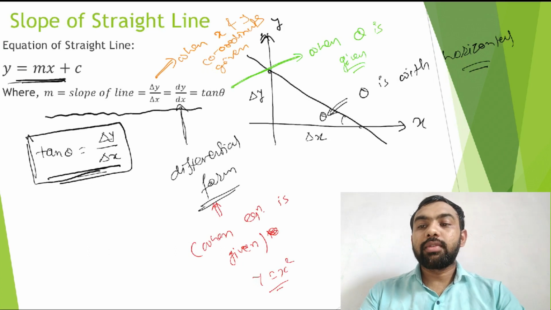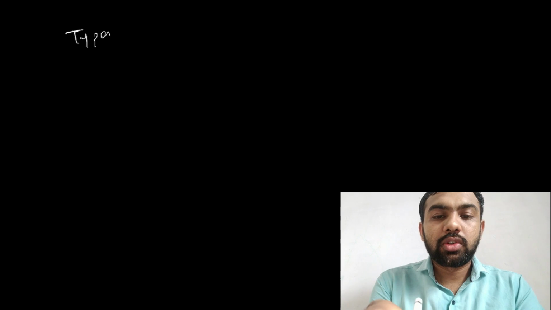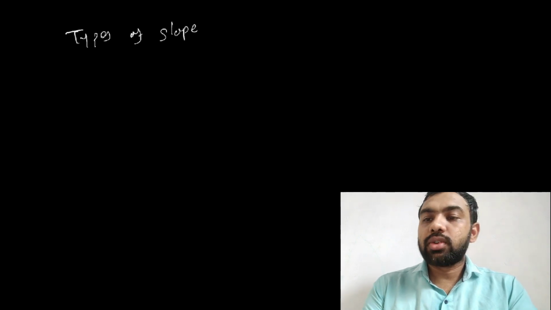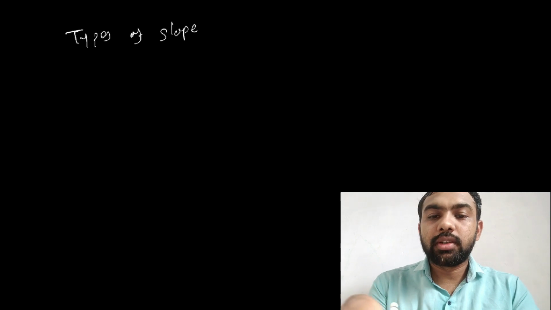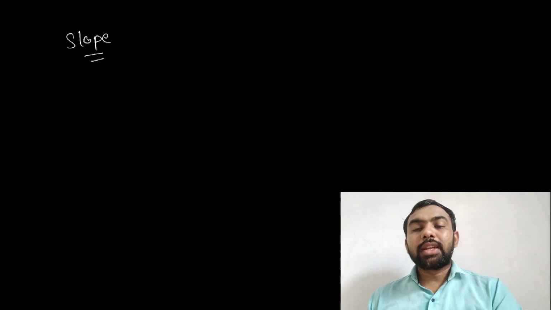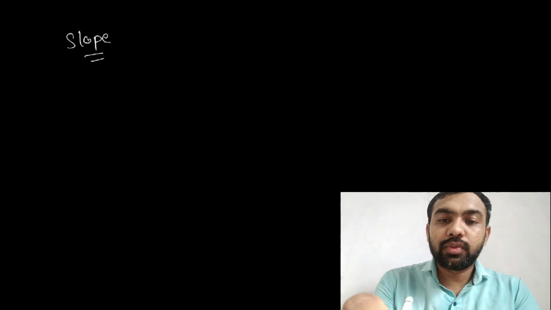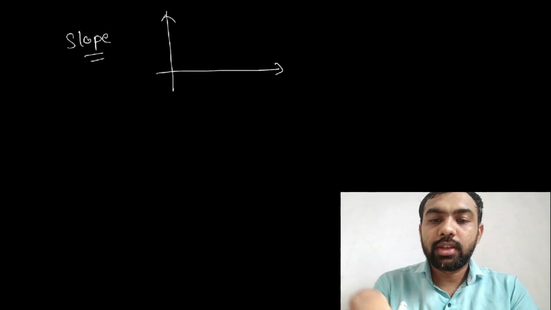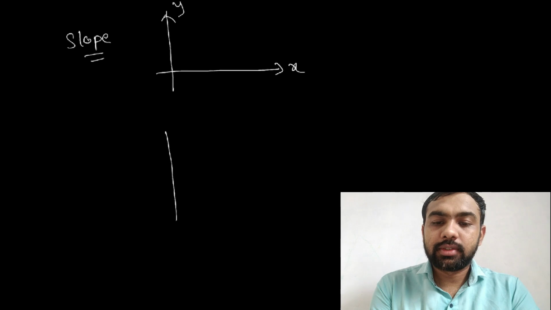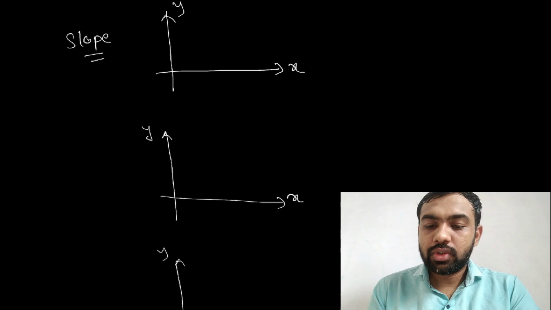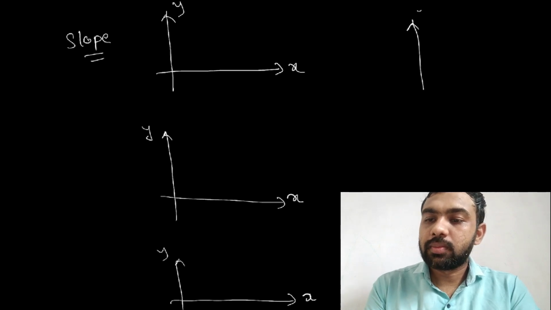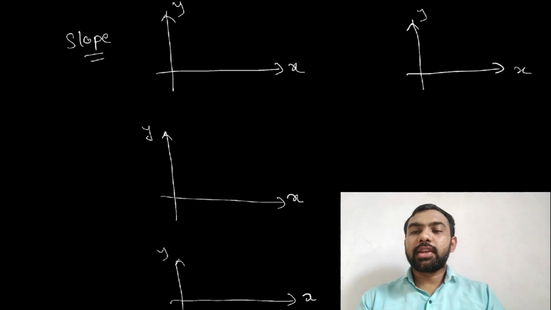Now, second thing: we have a slope, but we have two types of slope. Let's understand. Actually we discuss the types of slope. So let's draw two different lines. Suppose I am just drawing different lines here, you must understand. y, x. I am just drawing a different line here.